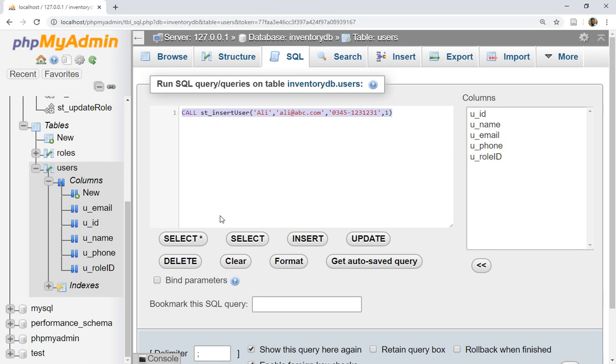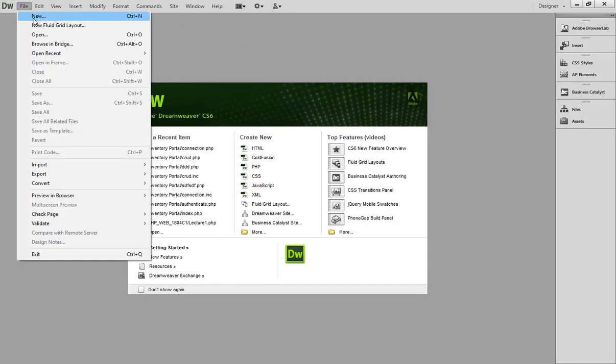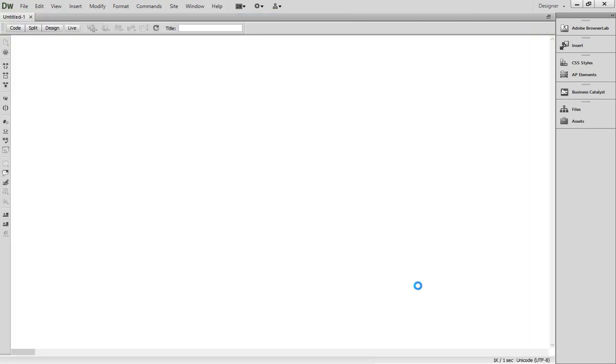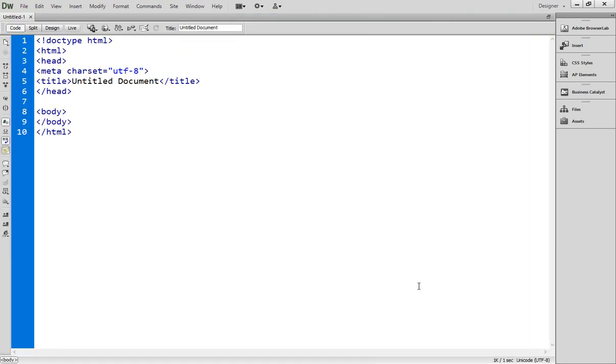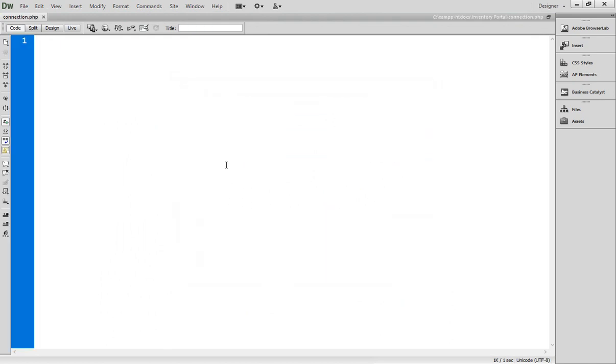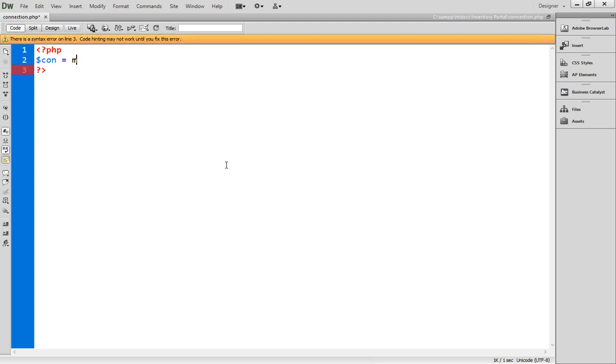So let's go to Dreamweaver and create a new PHP file. That should be HTML5, and create. For the connection string, I'm first going to save this page as connection, in my directory, and save. So connection.php. In order to create a bridge between your PHP application and your MySQL database, you require a connection, and for the connection we use a variable, let's say $connect or con, and then there is a function